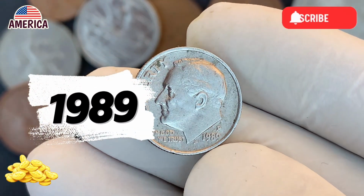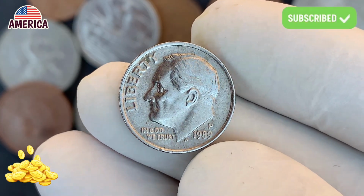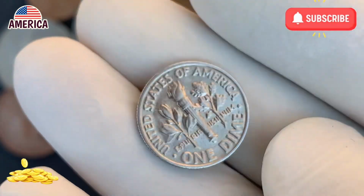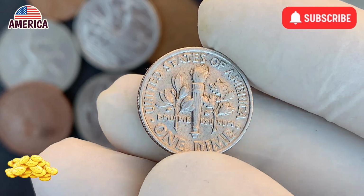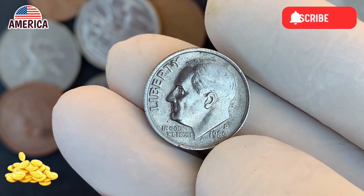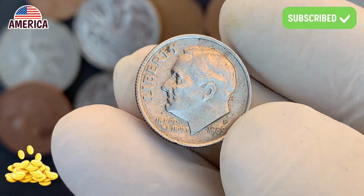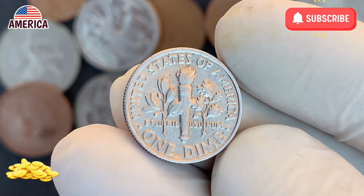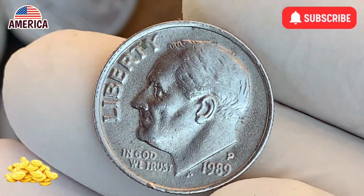In the realm of coin collecting, few objects hold as much intrigue as a mint error so rare that its very existence can turn an otherwise ordinary coin into a multi-thousand-dollar, or even multi-million-dollar, treasure. The 1989 U.S. $1 dime coin is one such specimen, a coin that carries within it not only the history of its minting but also the potential for extraordinary value due to production anomalies. It is a reminder that even in modern times, precision can falter, and those rare imperfections become the stuff of